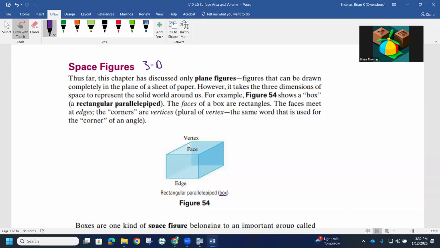So notice how in this box we have faces, which are like surfaces. Since it's a surface, it would just have area. We have vertices. What's different here, though, is you got to be imagining that this is a box. So I don't think I can rotate this around, but notice how there's actually a back side over here. So there's a top face and a bottom face. There's a right face and a left face, and there's a front face and a back face. So notice how there's actually six faces, if you will,